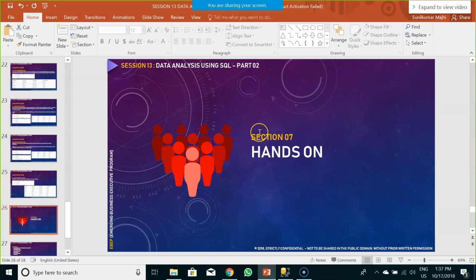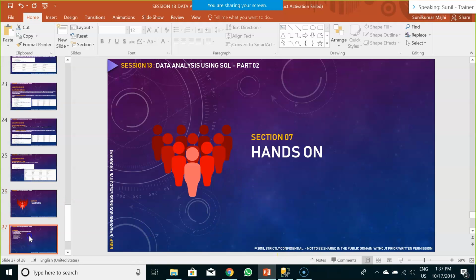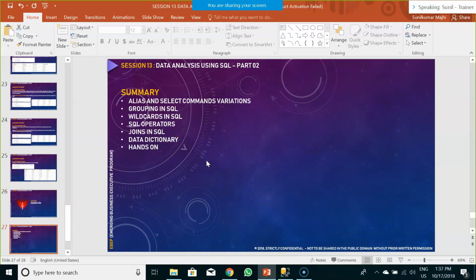So these were some of the advanced things that are part of SQL, part of today's session. So I had already created the table for you. That's the reason why we tend to cover this session a bit early. Then these are the things that we learned in today's session.